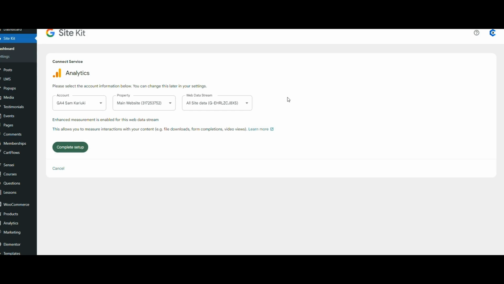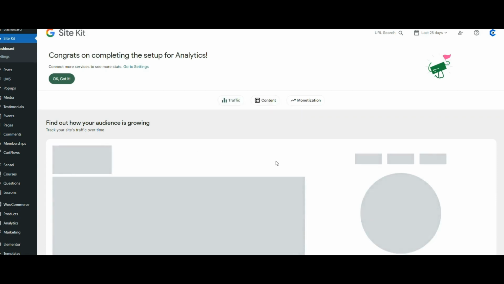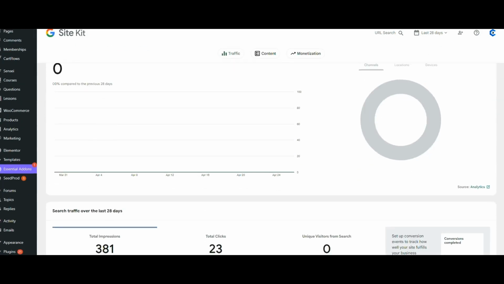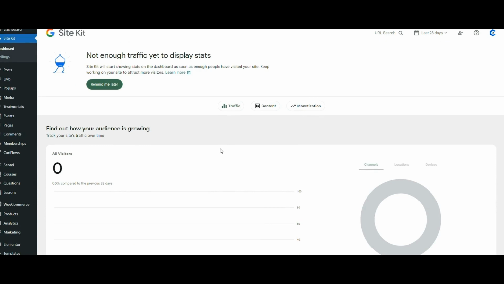For me, I'm just going to complete setting up with Google Analytics. I click there, and once it loads, you can see I have my GA4 Google Analytics account. I complete setup. Now everything is set up for you. You'll be asked to log into that account. You give it permissions. Make sure that you give all the permissions that it will ask you. And that's how you give access to Google Analytics from Site Kit, and you have now connected your WordPress site with Google Analytics, and you'll be able to see